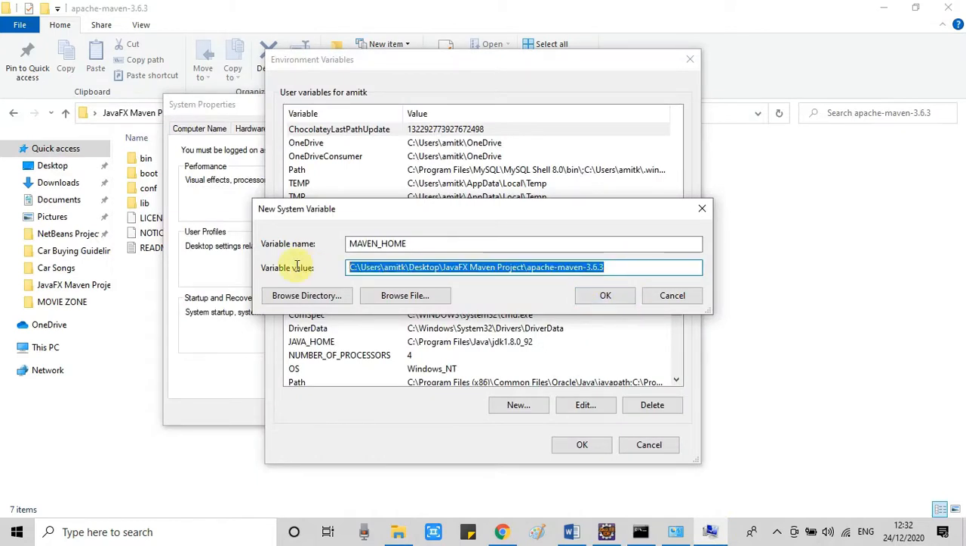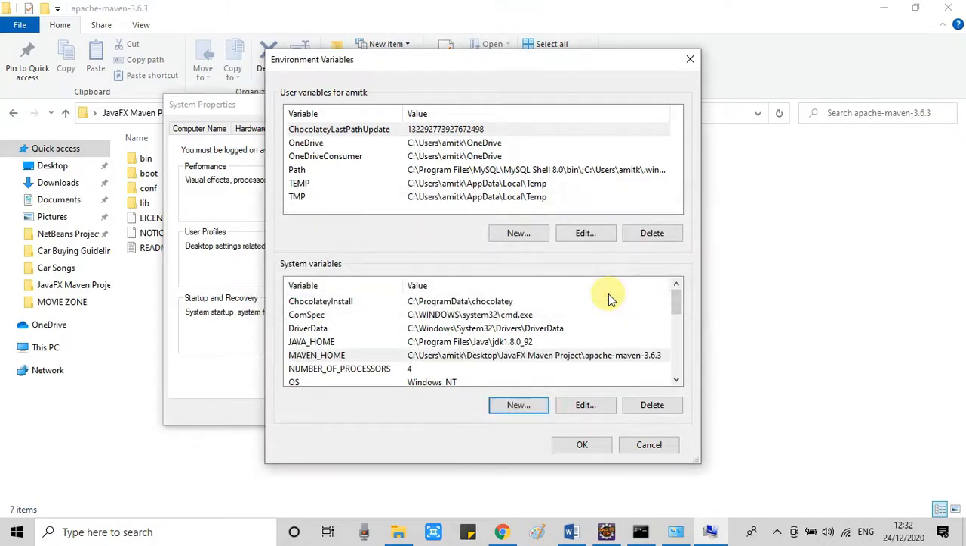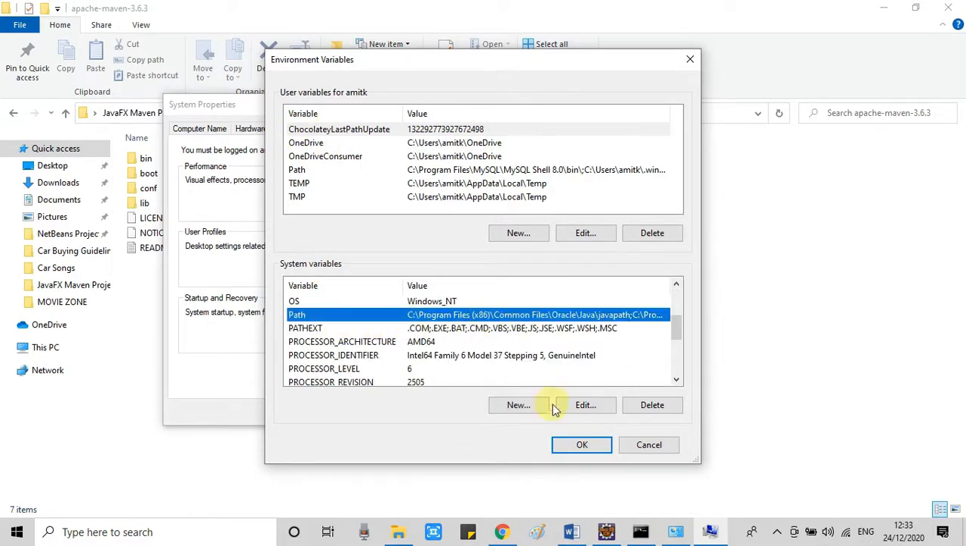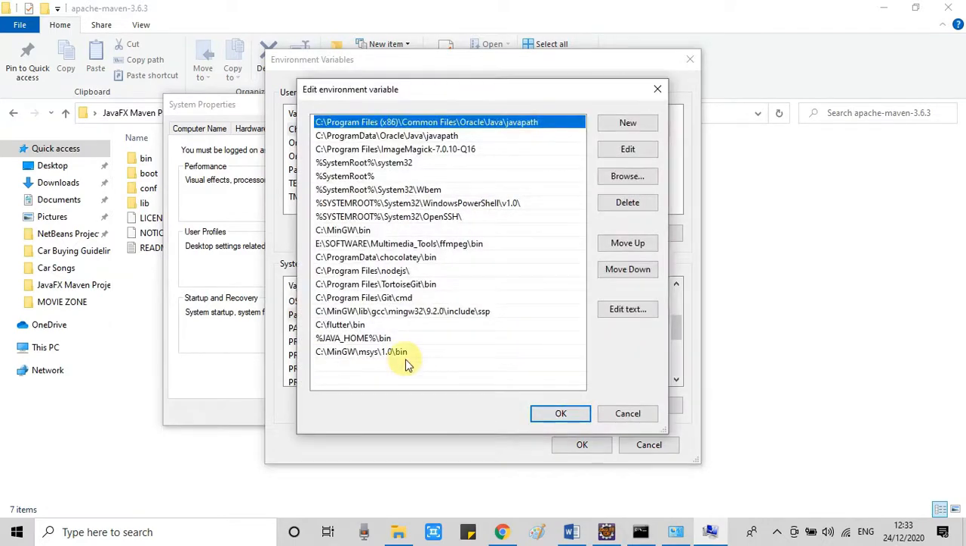I hope this is clear. Click OK and the entry is saved inside the system variable. Now one more change we have to do. We have to look for the path variable. Now we will edit it. So at the last we have to add one more entry like